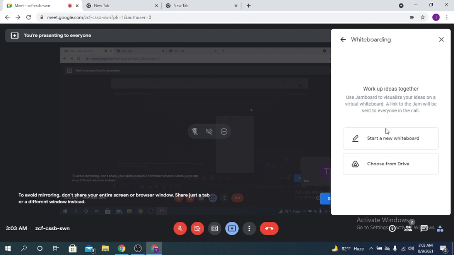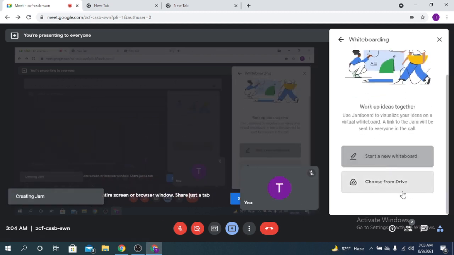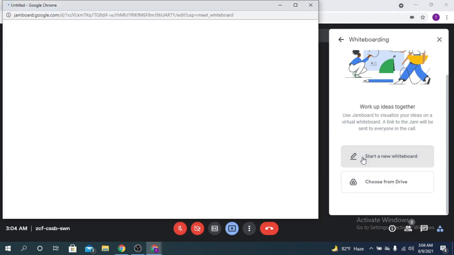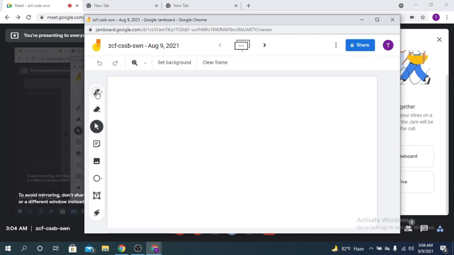You can also start a new whiteboard. And here is also an option, choose from Google Drive. You can start a new whiteboard. You can write anything here and share with your audience.